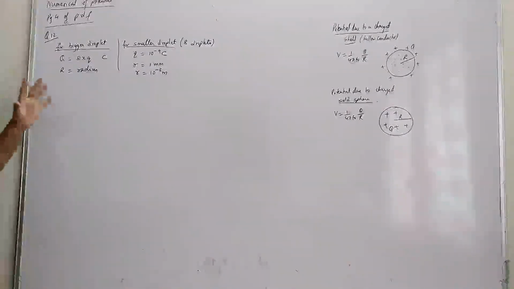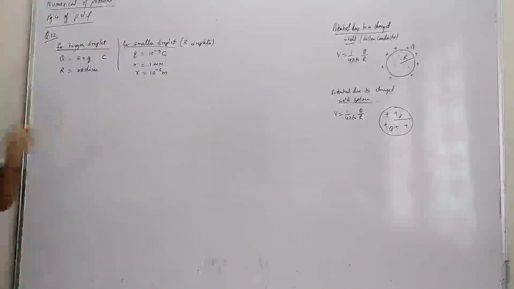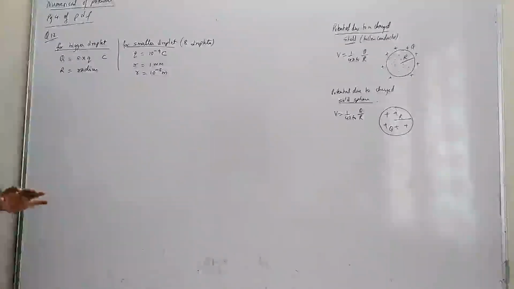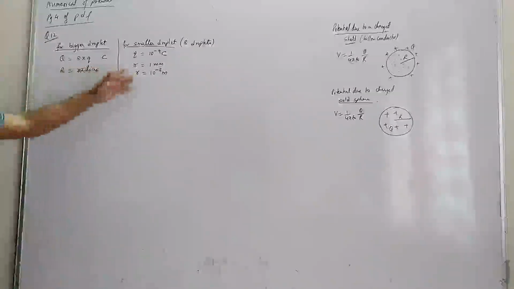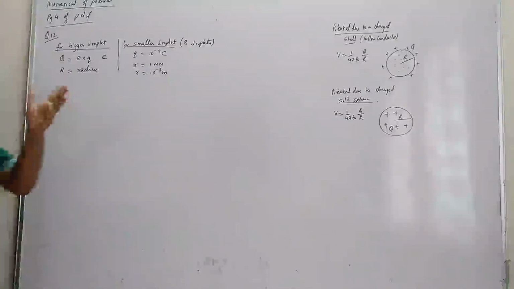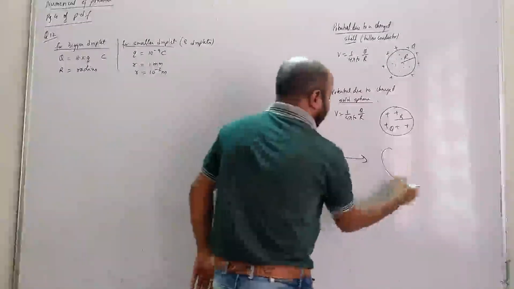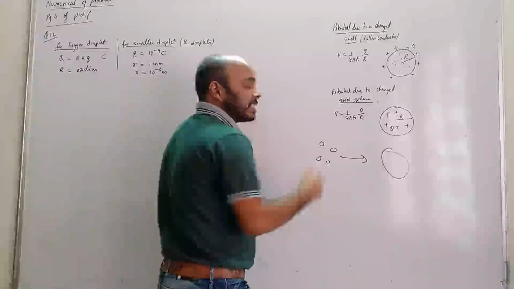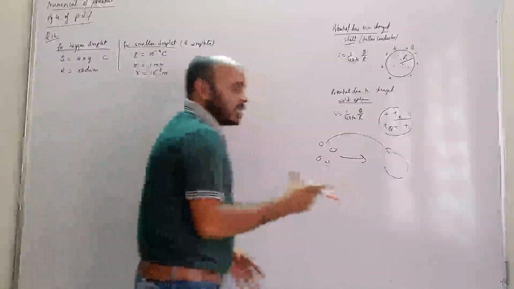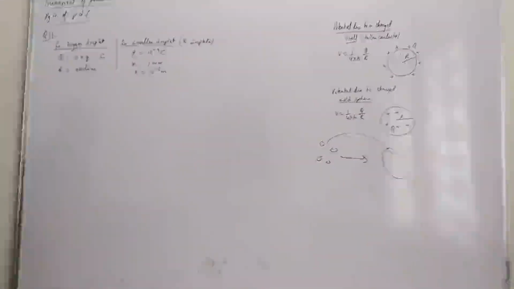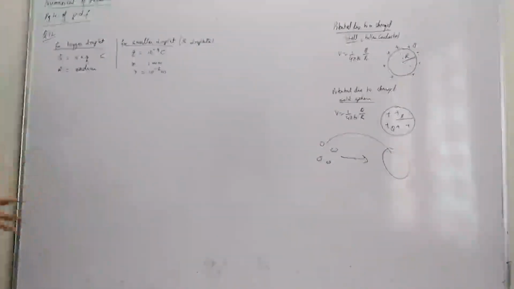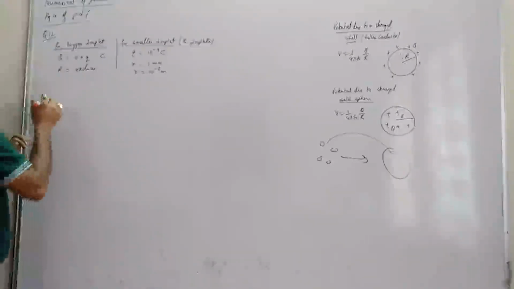For getting the potential of the bigger drop, we need the charge of the bigger drop. We got it by conservation of charge. We need the radius of the bigger drop. We cannot apply 8 into R because we didn't study radius conservation. So now we have to think: 8 droplets combine to form a bigger droplet. What else is conserved? Charge is conserved. When you go to the books, they use volume conservation. I have taught in class 11 also that volume conservation does not exist. So we will go for mass conservation.